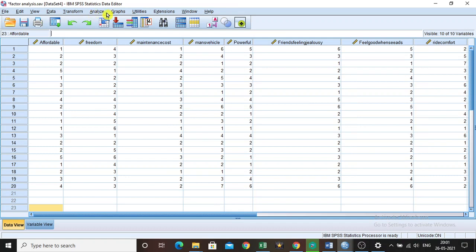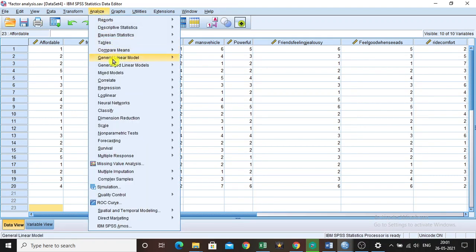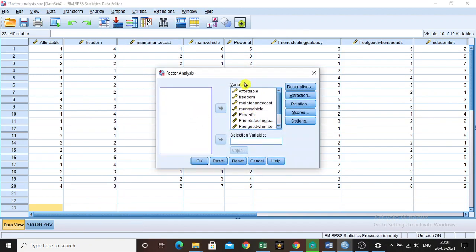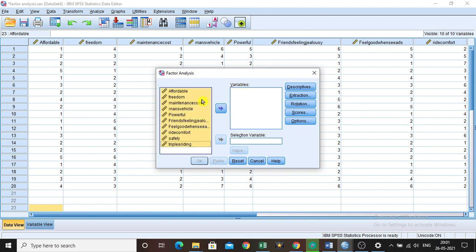So let us do the factor analysis. Go to the analyze menu. Under that you can see an option called dimension reduction. So that is the objective of factor analysis. We are reducing the number of variables and converting them into factors. Then click factor. After that you can see all the variables that you have included in your data set appearing in this variable box.